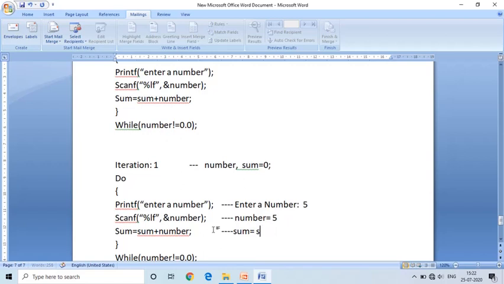What is the sum value right now? 0 plus number, and right now the number is equal to 5. It evaluates this expression and the sum value is 5.